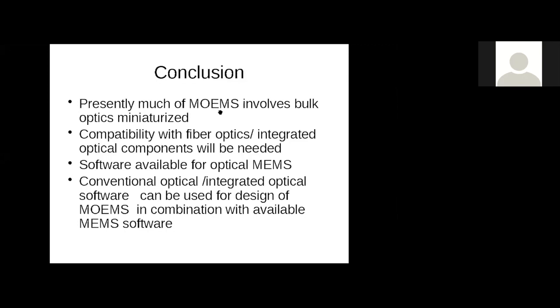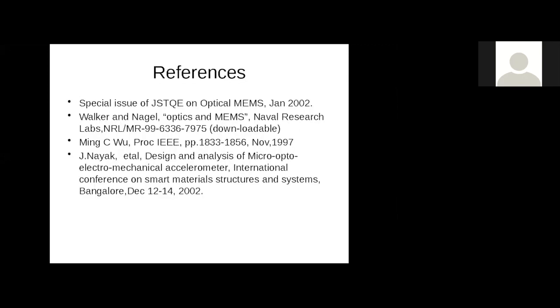See, a lot of new applications are there. I'm not highlighting all; I have highlighted only some principles. So you can see these journals, like the ones I collected yesterday. There are a lot of special issues for journals like JSTQE, Journal of Selected Topics in Quantum Electronics. This is a specialist journal.